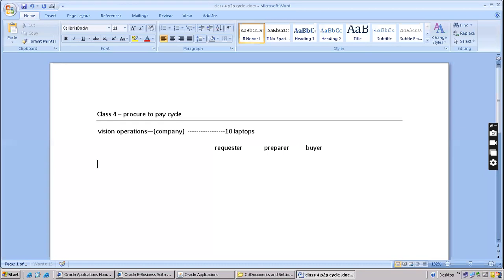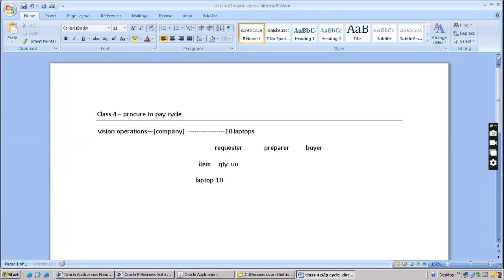Then the buyer will buy. List means here, simply, we require an item. The item is a laptop. And the quantity, let's say 10.